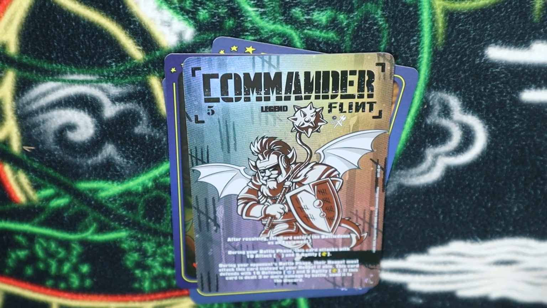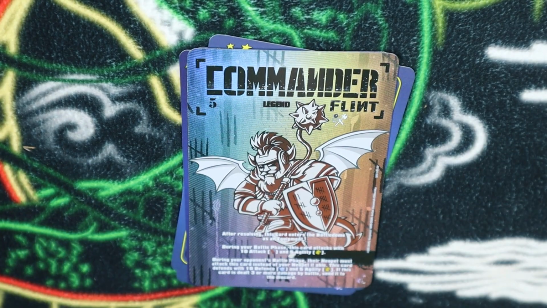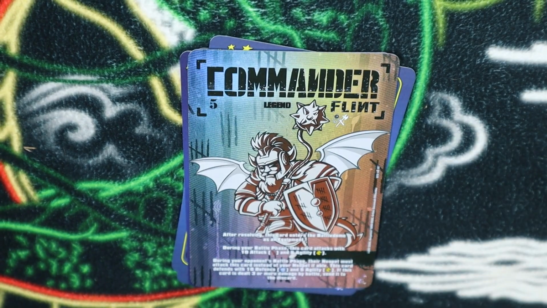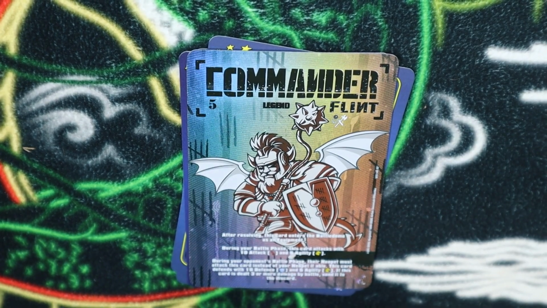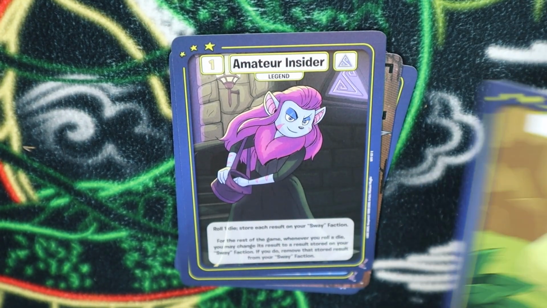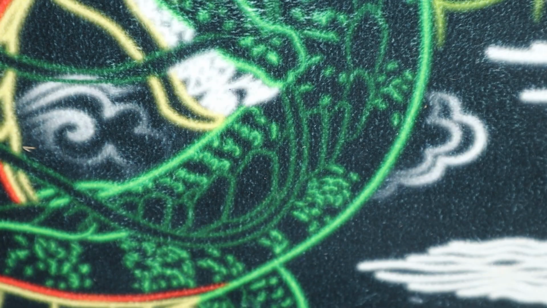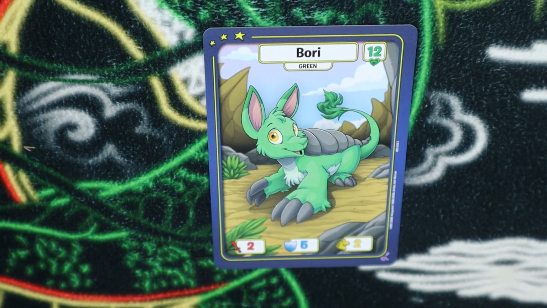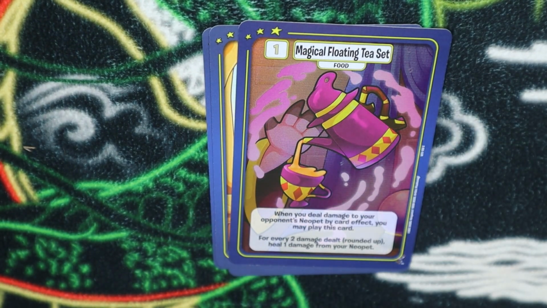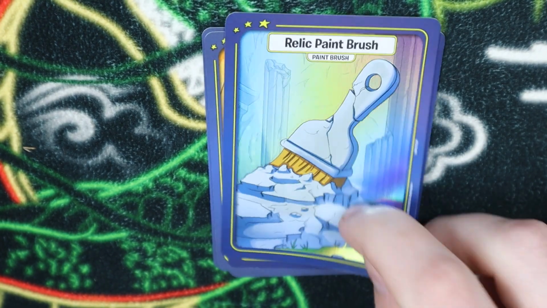That's nice. You know what? If I'm going to play some brutes, we will definitely be just playing these guys. The all arts, which is just awesomely cool. Easy Band, Death Axe, an Amateur Insider for, of course, the Sway, and then a Bree. I have no idea if the boxes are guaranteeing that you get like 2 to 3 all arts in it. I have no idea if we're just getting beyond lucky. Bori green, REL green, Boo yellow, a magical floating tea set hollow, a relic paintbrush,